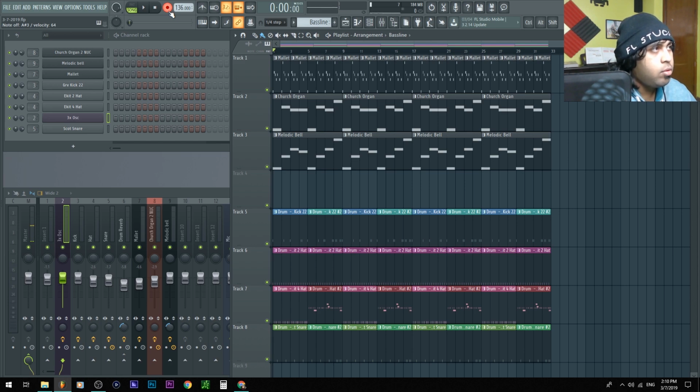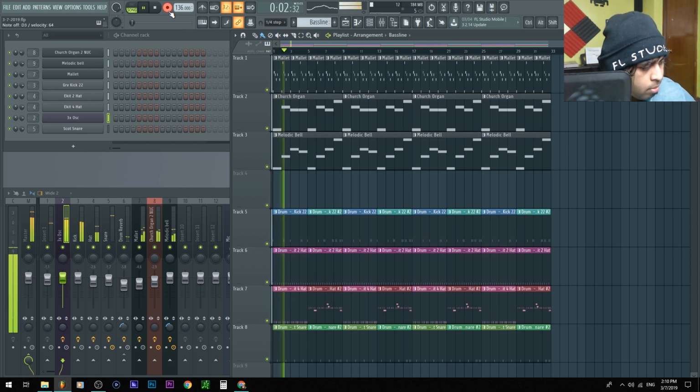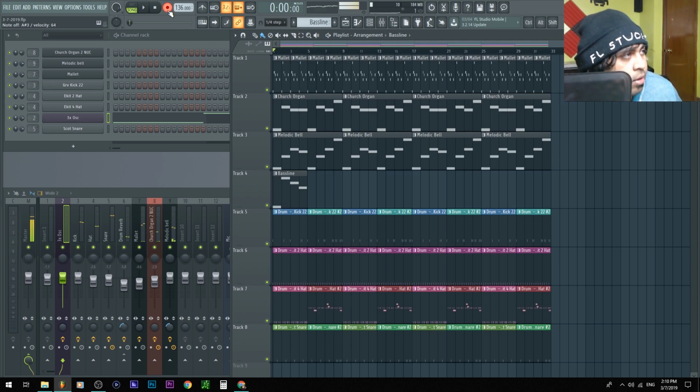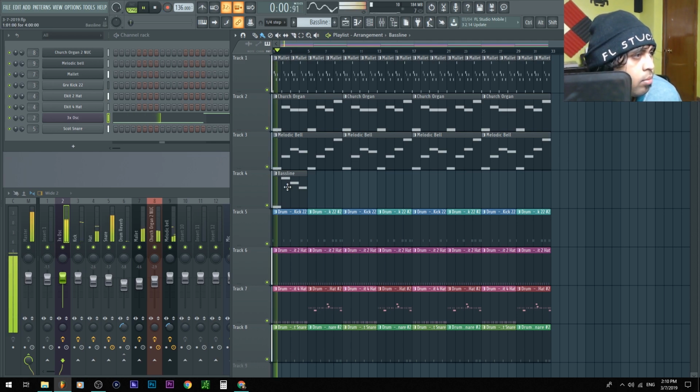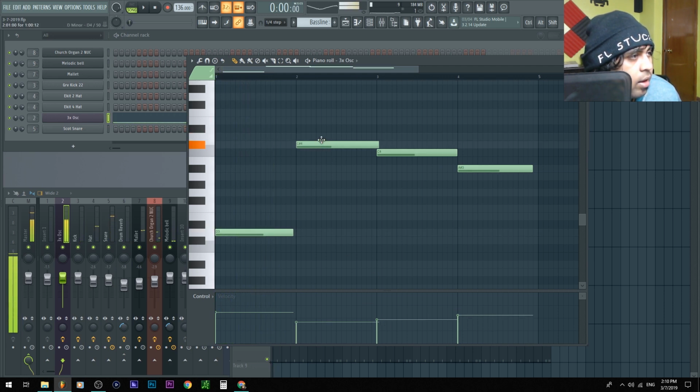I'm gonna hit this. 3, 2, 1, and I know it doesn't sound fitting, right? Usually with bass lines, we don't want it that high. Well, you know, quantize. Give me a second here.